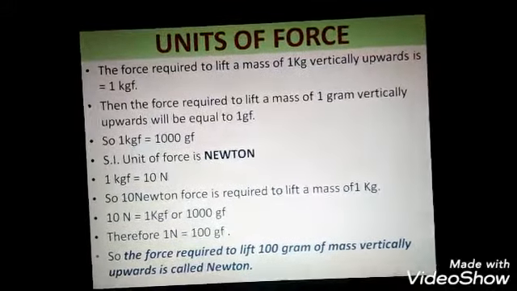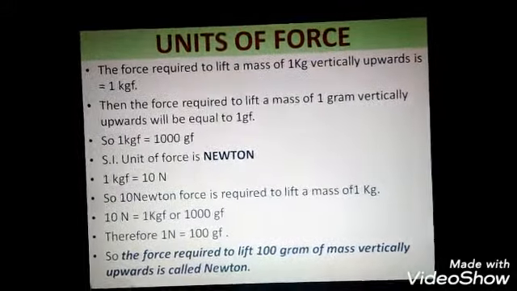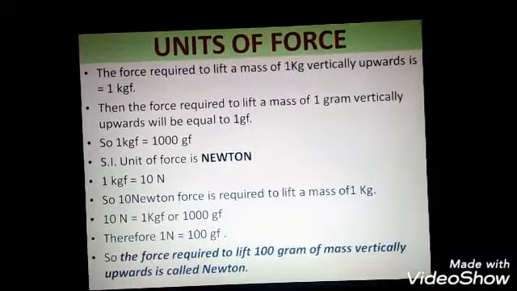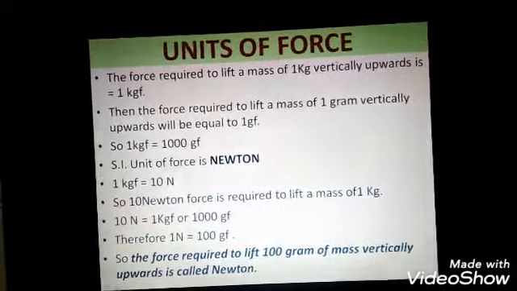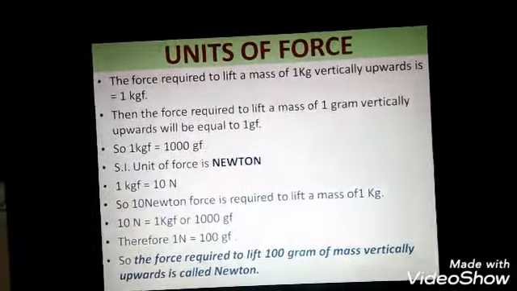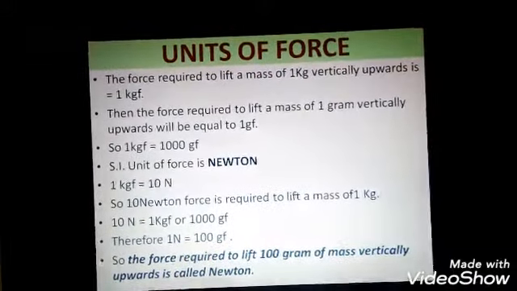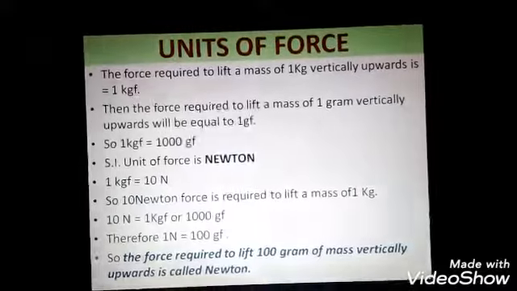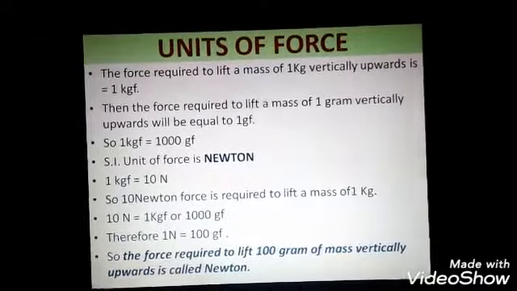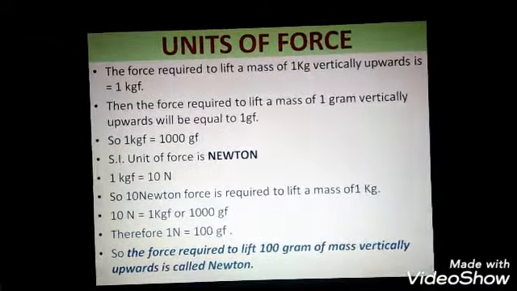any substance. It can also be, if a stone of 1 kilogram is falling on the ground, then the earth is applying a force of 1 kilogram force on that object. That is why it is falling down. This is because of gravity only that the weight of the object is 1 kilogram. Is it clear? Now, if we want to have some smaller unit, we can again have